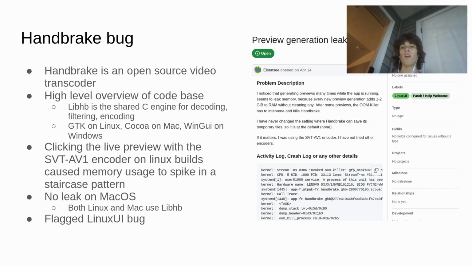libhb is the shared C engine for decoding, filtering, encoding, and stuff of that nature. But when it comes to the front end, there are 3 different stacks here. They use GTK on Linux, Cocoa on Mac, and WinGUI on Windows. So then the bug, as you can see on the right here,